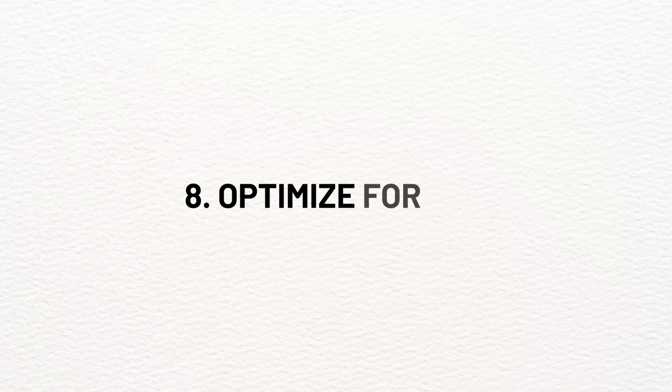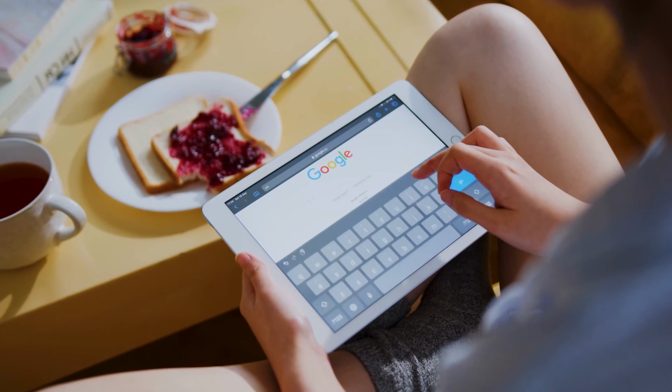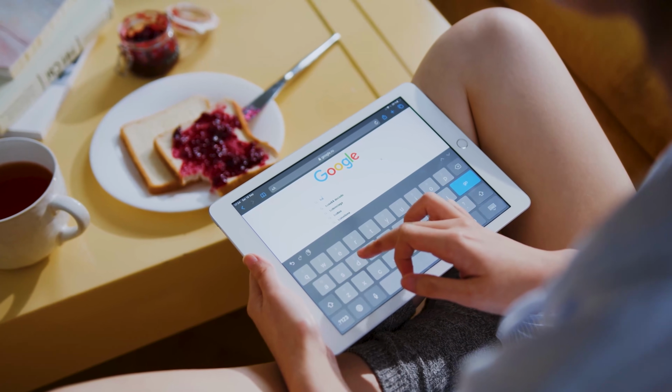Now, once you are done promoting your digital product, the next thing, which is the eighth step, is to optimize for SEO. SEO means search engine optimization. SEO can help more people to find your digital product through search engines like Google. By optimizing your website and content for relevant keywords, you can drive organic traffic to your sales page or your social media page. Some SEO tips to consider are keyword research. For this, you can use tools like Google Keyword Planner to find keywords related to your digital product. The second one will be content optimization. This means that you need to create blog posts or landing pages that are optimized for these keywords to attract